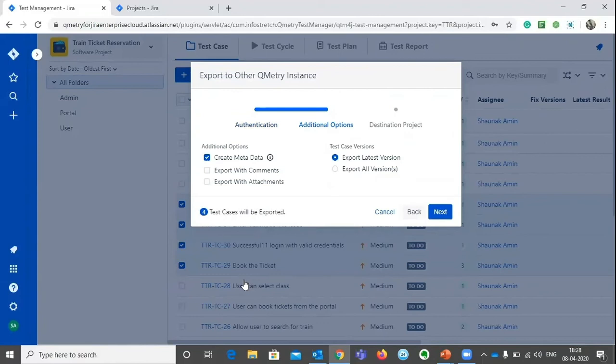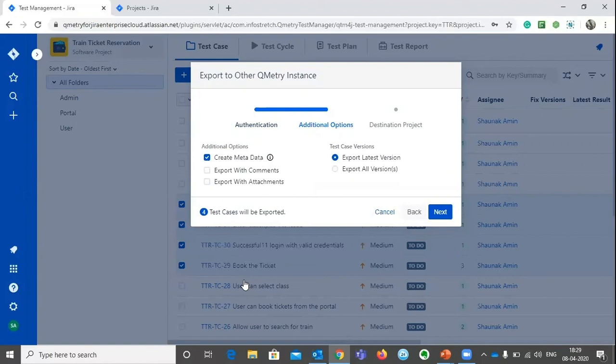the system will ask you to add additional options. That is, if you do need to add the metadata, the same metadata which I described earlier when I showcased how we can export it to another project. So if you select the metadata, then it will migrate all the fields such as labels, component status, priority, custom data parameters. If they are not present in the target project, then it will automatically create them. And for fields such as custom fields, again, I'm mentioning that yes, the user needs to have access to modify or add those custom fields.